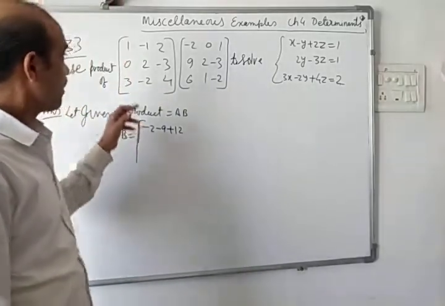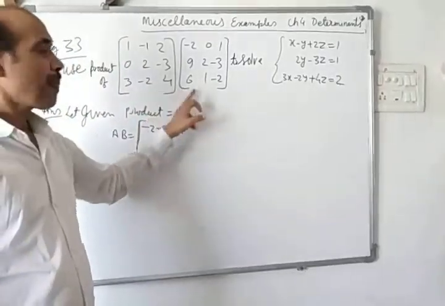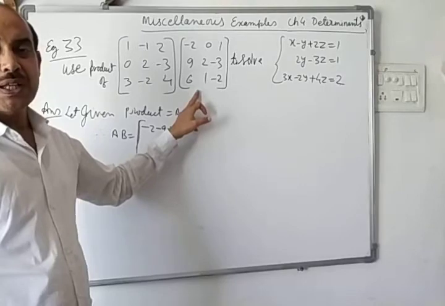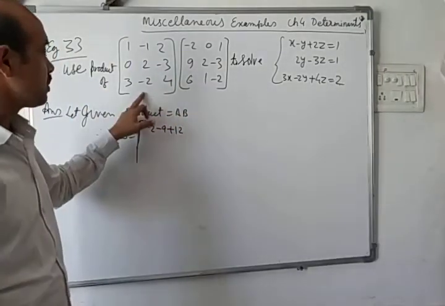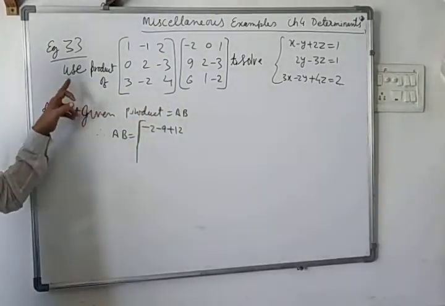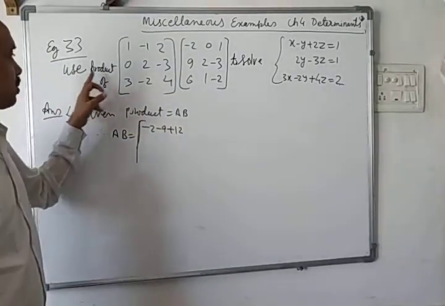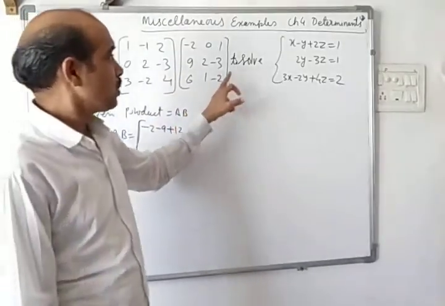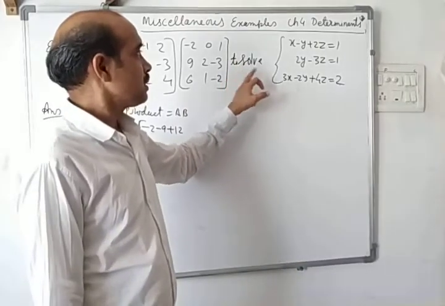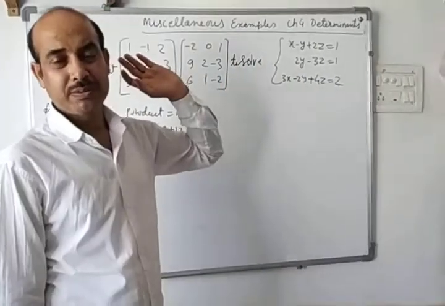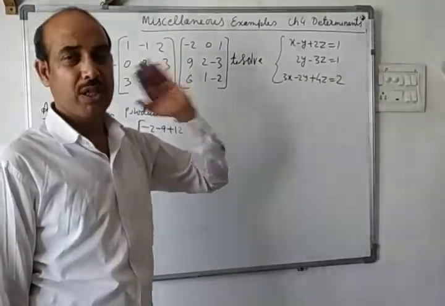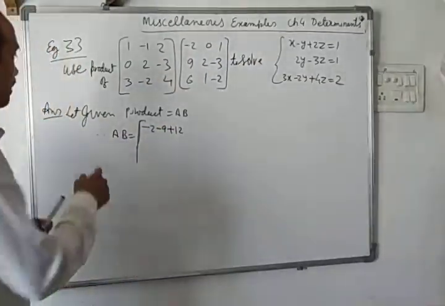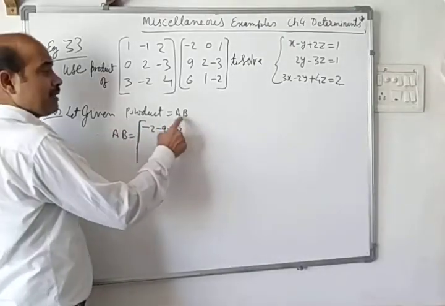For this they have given you two matrices and we have to find the product of these two, and they are saying, see the statement of the question, use product of these two to solve this system of equation. यानी इस प्रोडक्ट का यूज करके इसको हमें सॉल्व करना है, सॉल्यूशन निकालना है। तो सबसे पहले हमने लेट गिवन प्रोडक्ट इज AB, इनको A और B सपोज कर लिया।